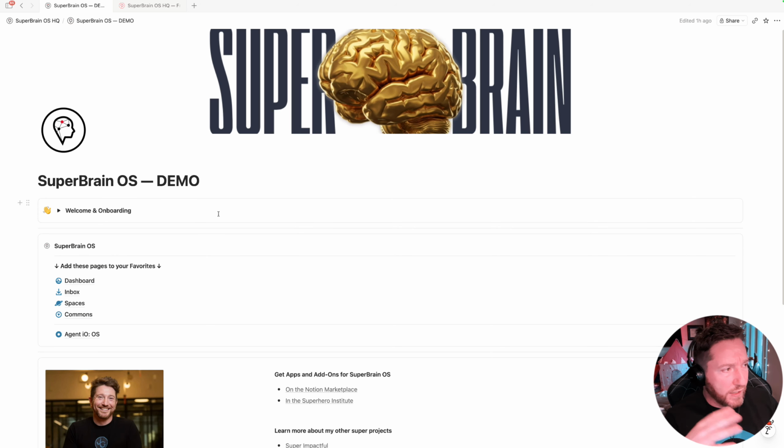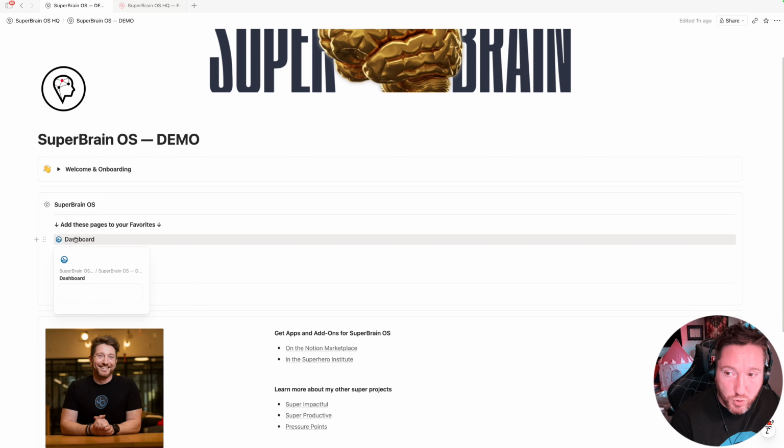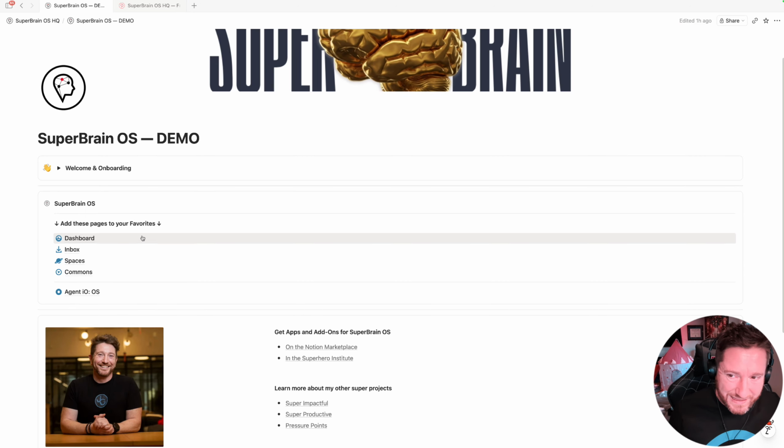So the idea behind the dashboard is it can be whatever you want it to be. You can have charts on there, you can have links, you can make it pretty. You can go onto the Notion subreddit and look at all the different pretty homepages people have. You can make your dashboard look like that. Go for it. But the idea is that the dashboard is kind of an empty vessel, and what you put inside of there are views of different databases, and you can put links to things, but you generally don't put things in the dashboard. It's really just a layer to see things.